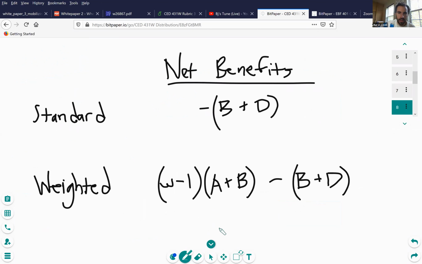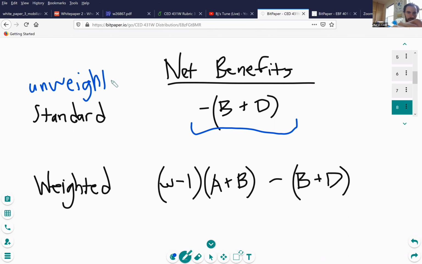So just to summarize this, under a standard framework, the benefits of this tax and transfer program would be negative. Those would be considered a loss. This standard was essentially the unweighted CBA that I had just talked about. And then in contrast, now the net benefits of the weighted CBA are W minus 1, which is the extra proportion of weight that you put on the transfer recipients relative to everybody else, times the amount that they receive and the amount that's taken away from the consumers and producers in that good market.